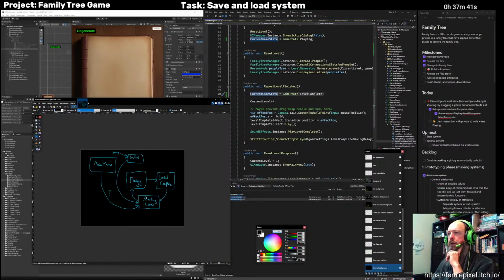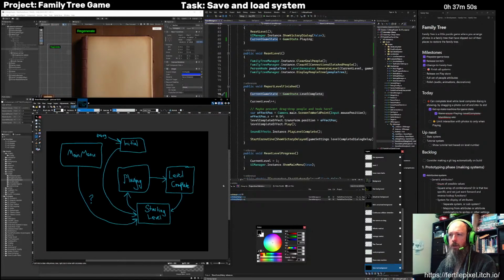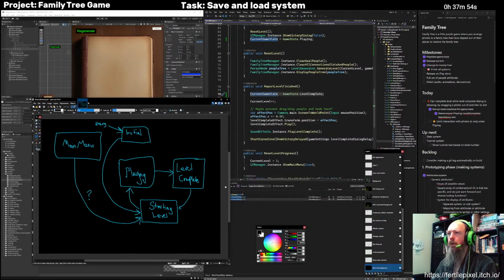Yes, this is my wonderful drawing from before. What happened over there? Something changed. The loading bar or something. All right, so